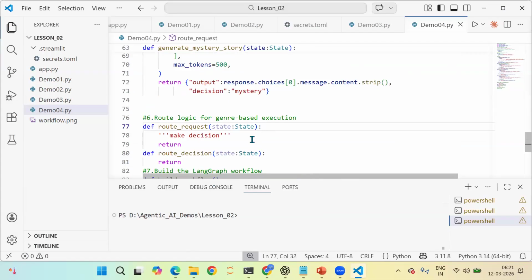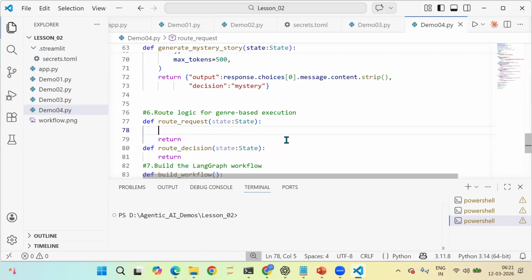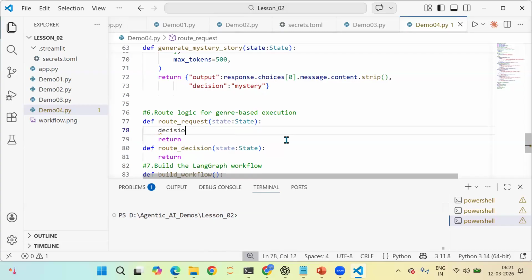So what route request is doing, it routes the logic based on the genre. As a user is inputting a text, it decides the genre and it routes to the respective functionality. For that, I'm taking decision is equal to